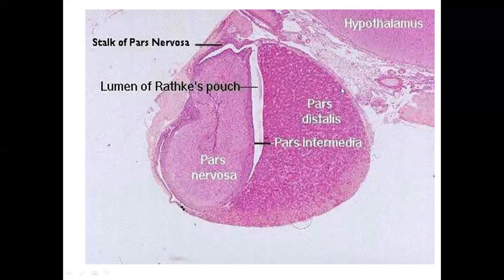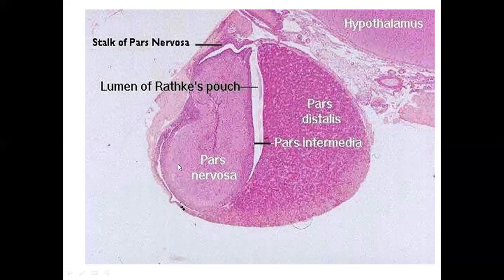Now, this is a panoramic view of the whole pituitary gland. This is the hypothalamus, and from the hypothalamus there is a direct connection with the pars nervosa through the infundibular stalk, and then this lightly stained area. One of the basic characteristics distinguishing the anterior and posterior pituitary, or adenohypophysis and neurohypophysis, is that the neurohypophysis, because of its non-myelinated axons, or neural tissue, gives lighter staining compared to the anterior pituitary.